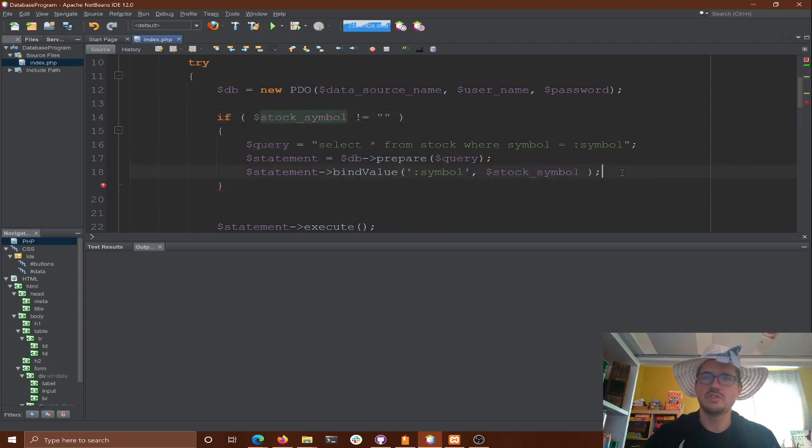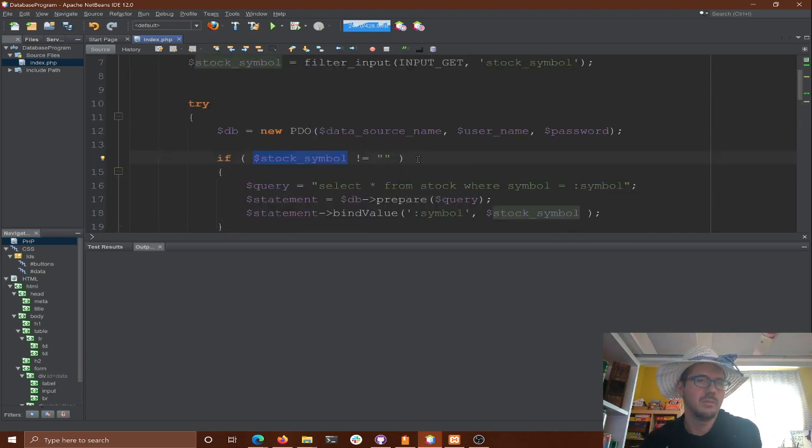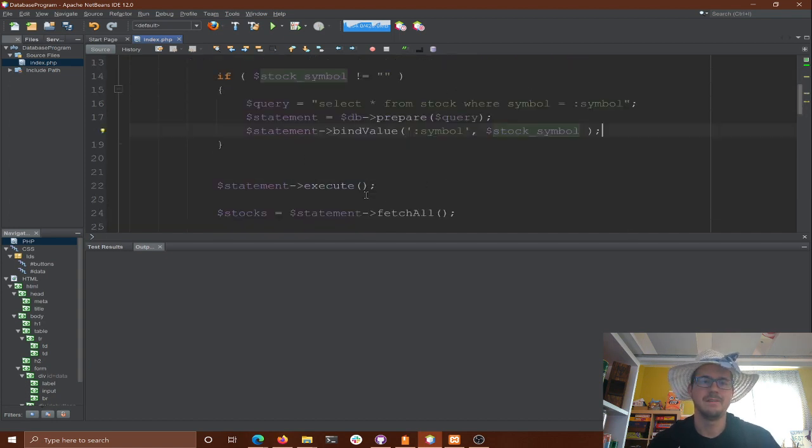And this does it in such a way that it is protecting against you putting garbage SQL stuff in the stock symbol. Remember when we put a little JavaScript alert in one of these fields? If we just take the data from the user and throw it into our SQL command, bad stuff can happen. Again, go take the database class, learn about SQL injection sort of things, but this helps protect against that. And that's the idea, we want to protect against SQL injection attacks. Then we can execute.